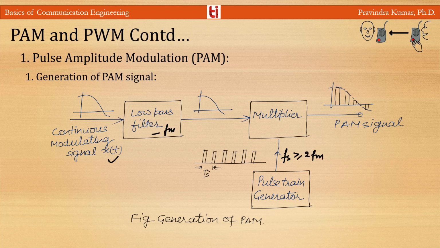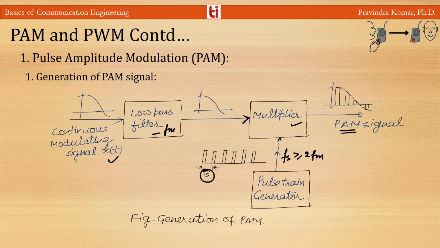So the Nyquist criterion is satisfied, and the separation between each pulse is Ts, or you can say this is the interval between the pulses. The rectangular narrow carrier pulses generated by the pulse train generator carry out the uniform sampling in the multiplier block to generate the PAM signal. As you can see in this figure, in the multiplier block there are two inputs. The first input is the band limited baseband signal, and the other is the pulse train. So at the output of this multiplier we will get the PAM signal.